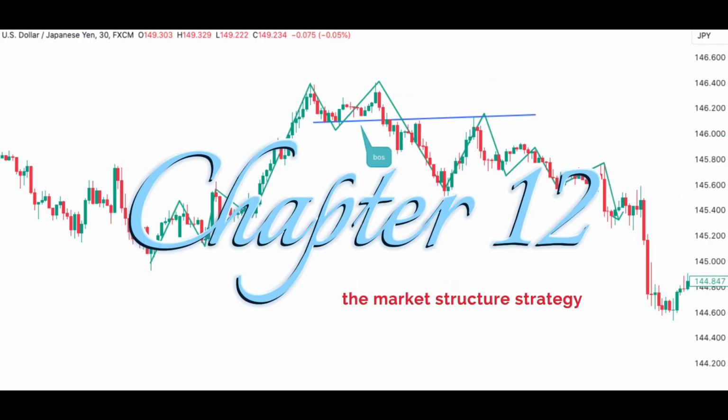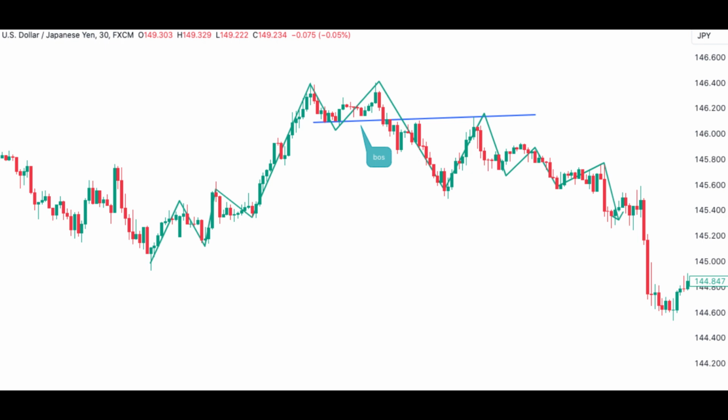Now, the market structure strategy. Market structure is the foundation to understanding price action. It's the key to technical analysis. In an uptrend market, price comprises of higher highs and higher lows. Like on this chart, the break of structure in an uptrend market only happens when price broke through the previous